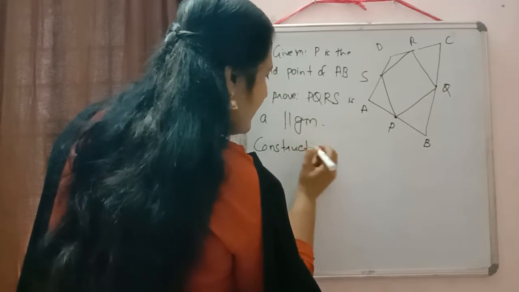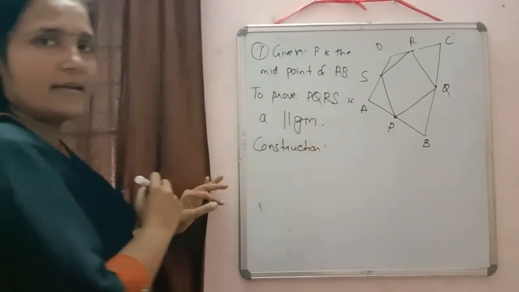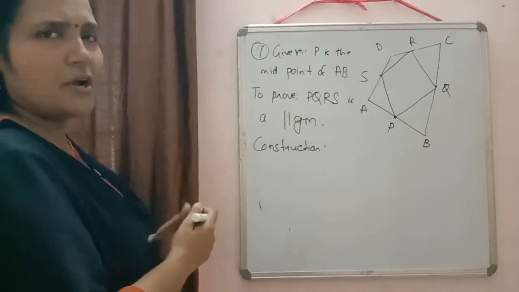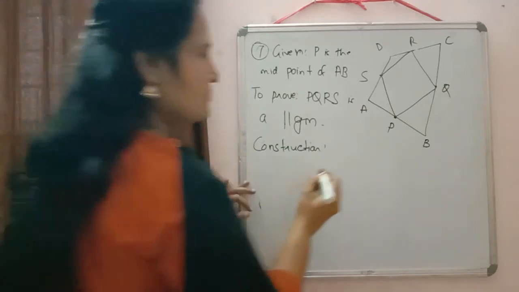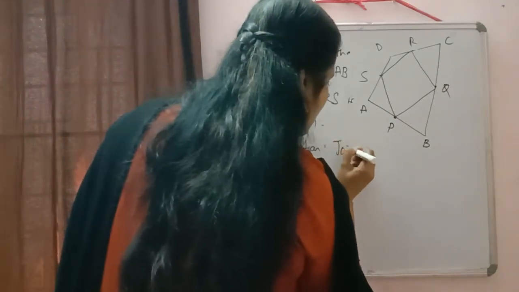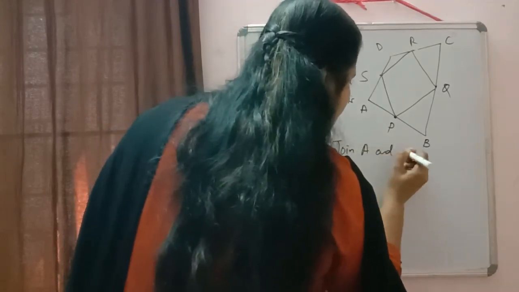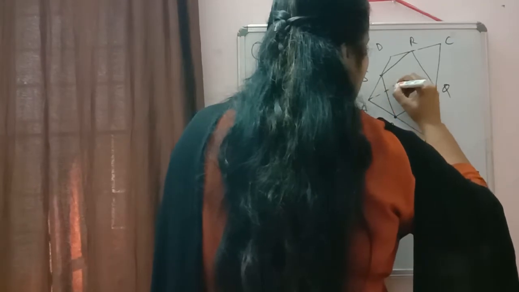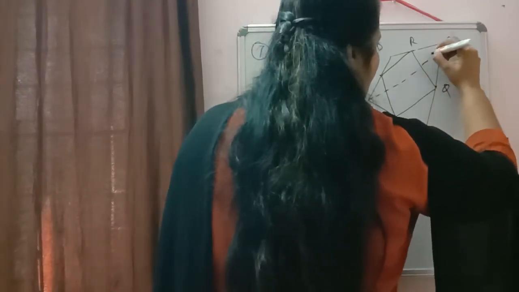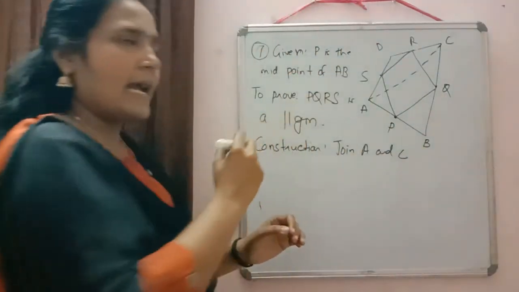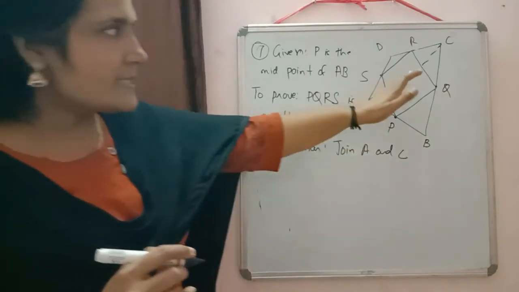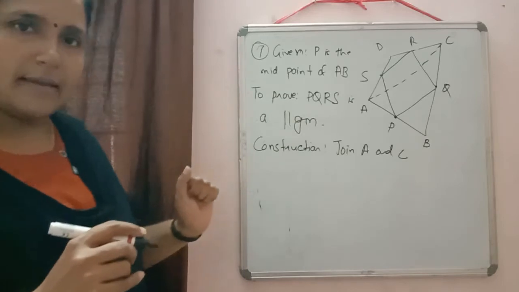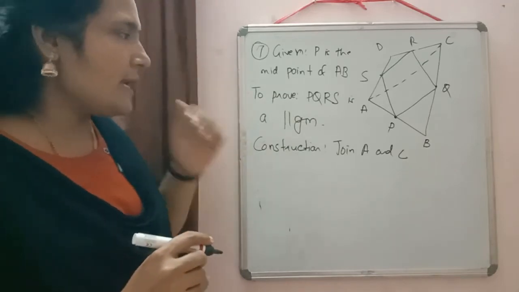We need a triangle. Here we don't have a triangle there. So which 2 points can we join? We can join any one of the diagonals. So just write down there in construction, join A and C. So we are joining AC. Whenever you are doing any construction, you have to use dotted lines so that from the diagram it will be clear. This line segment is not given in the question. We constructed it. Okay. So we have joined A and C.